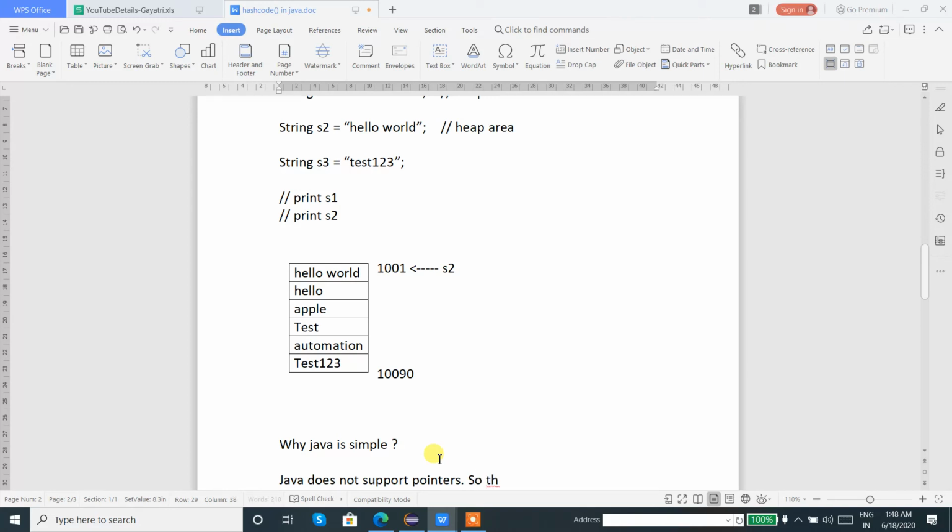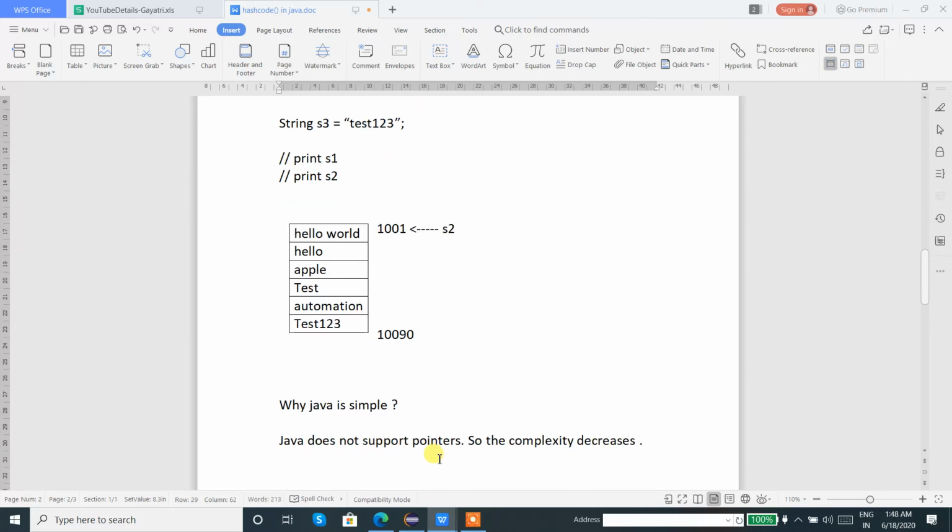So it's very simple to answer the question. Java doesn't support the pointer concept directly, which means the complexity decreases for Java programming. This is the reason Java is simple.